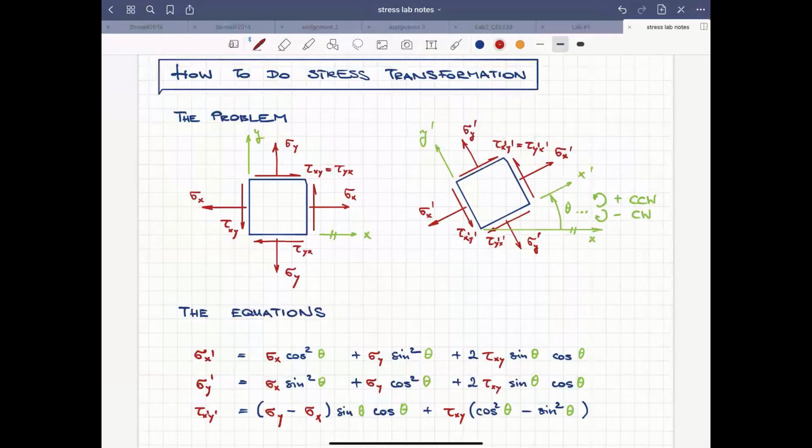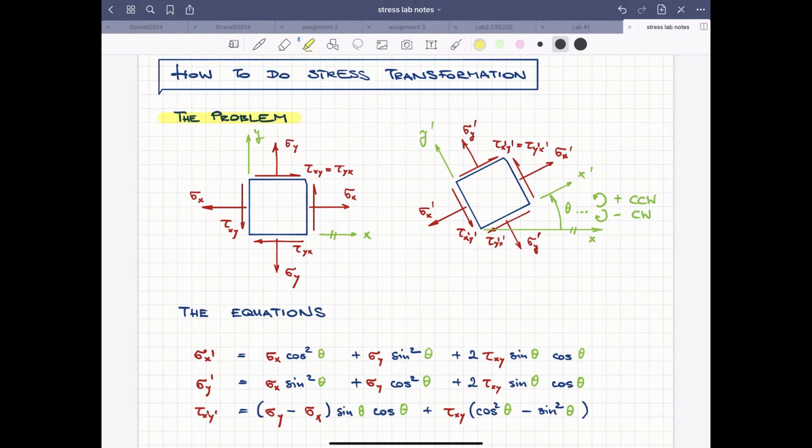Today's lab is to show you how to use the stress transformation equations shown here in the picture. We start with a stress block in our original coordinate system, as we see here on the upper left, and ask how would our components of stress change if we rotate the stress block at our same stress state by